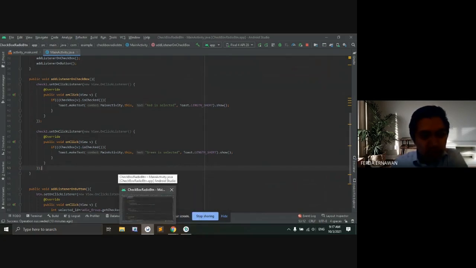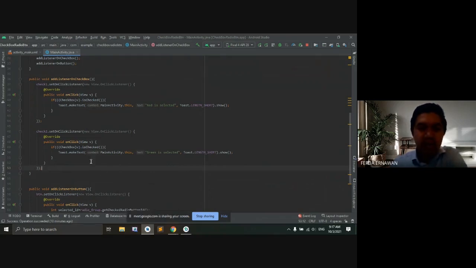So you can add. But because in here each check has its own listener, something like you set click listener when the user checks check number 1. But if you want to display both together, let's say I check 1 and check 2 and then click the button and pop up both messages, is that what you want? Yes. Okay, let me show it to you. I know what you want now.